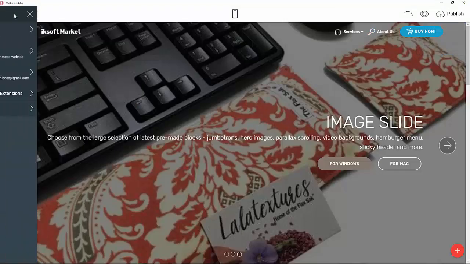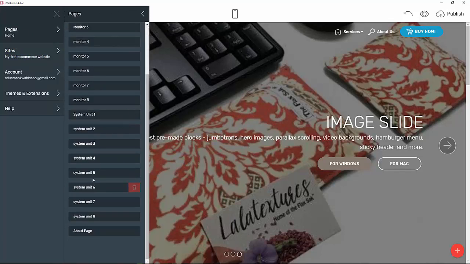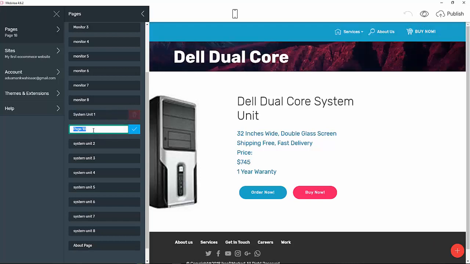Let's go back, and then let's go into our pages now. We have monitor 1, monitor 2, monitor 3, monitor 4 till system unit 8. Those are the system units that we just created. I told you I assigned you to do that, so I hope you are good with it. So let's duplicate this system unit, let's clone it,